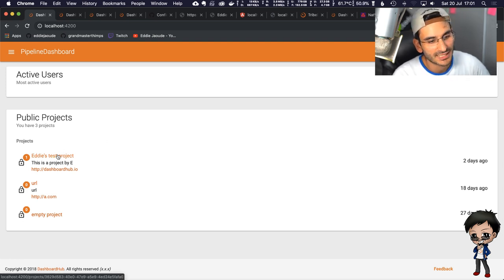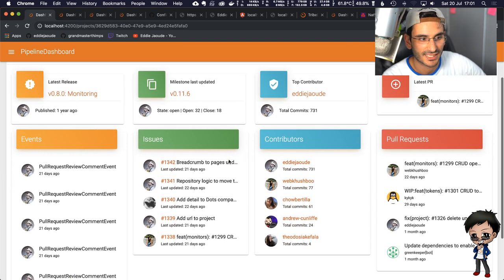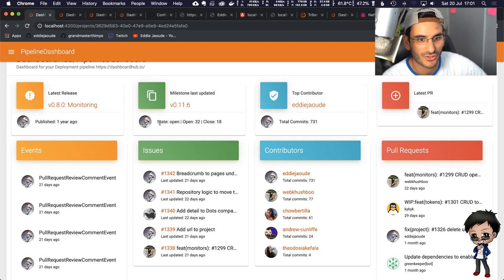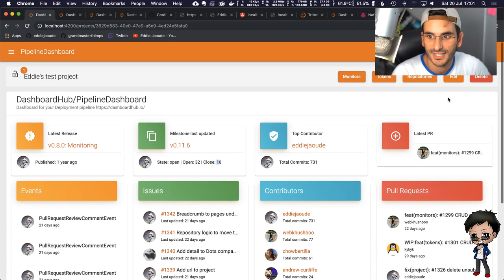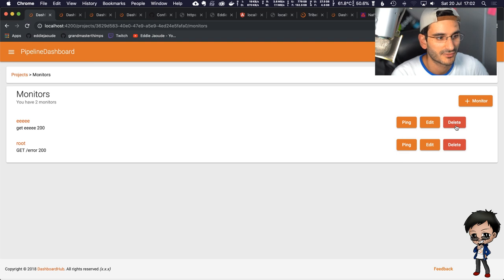So you create your project, and then inside your project, you add repositories. And it shows you the latest release, it shows you the latest milestone, how many open and closed tickets. Again, this is not a sales pitch for my project, so I don't want to go too much into this. But this monitor section is the area we're working at the moment. You've got these manual pings, so ignore all the rest. I mean, I can delete those. They were just me playing with stuff.